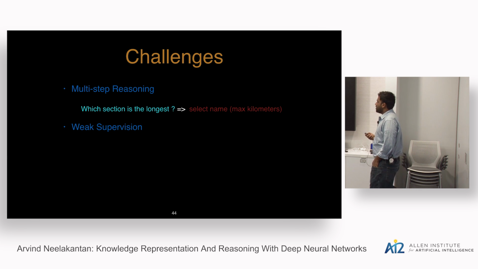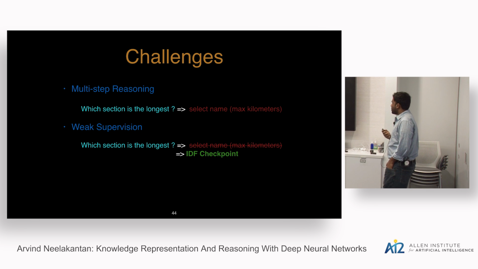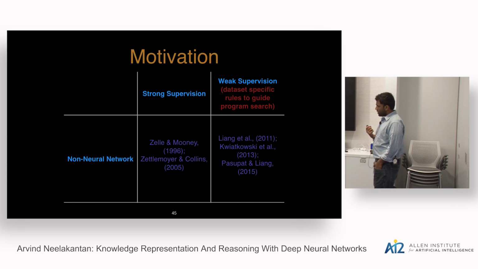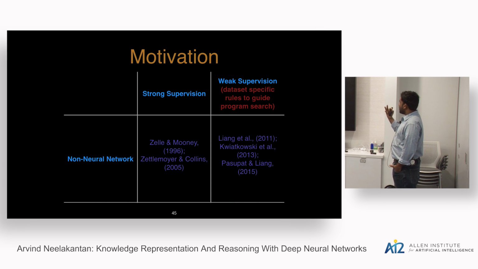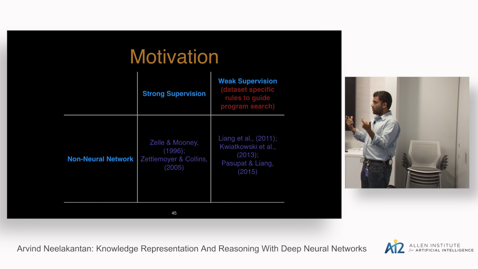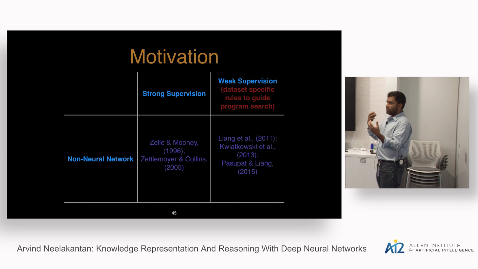And a bigger challenge is that you're given only a weak supervision signal. So what that means is that you're given the question and the table and only the final answer. So the intermediate program is latent. Okay, and if you think about previous work in semantic parsing, when we wrote the first paper, I think either the models required strong supervision, which is you require question and program annotations, or when you have weak supervision signals, there's some kind of rules to guide the program search.